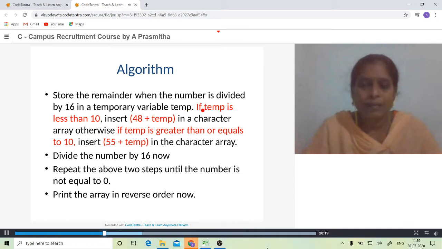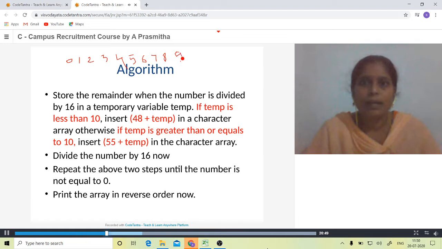Then we check two conditions: whether temp is less than 10 or greater than or equal to 10. In the hexadecimal number system we have the values 0, 1, 2, 3, 4, 5, 6, 7, 8 and 9.